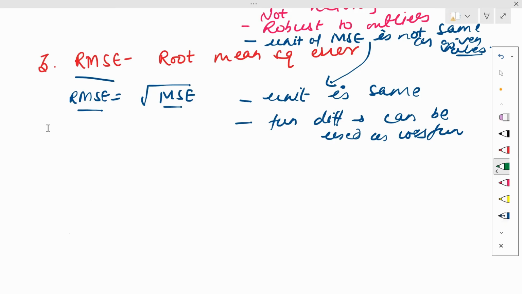If we talk about the formula of RMSE, it will be (yi minus yi hat) whole square divided by n, which is summed from i to n, and square root of